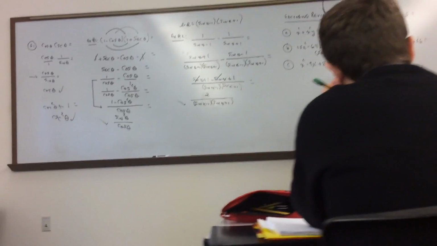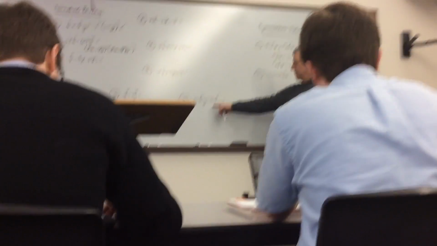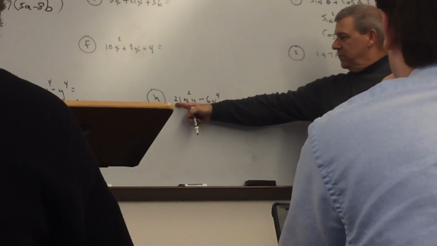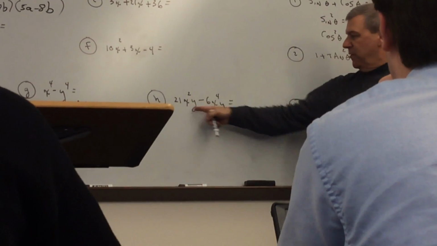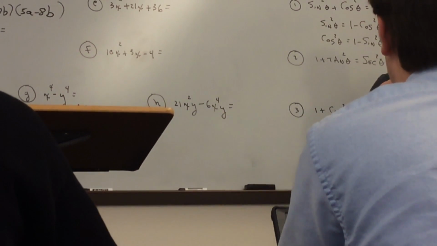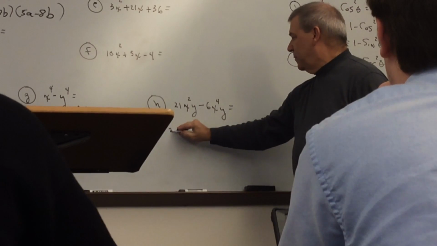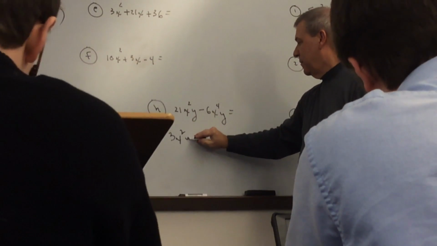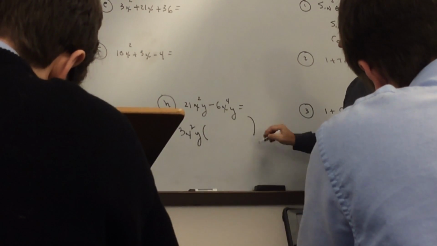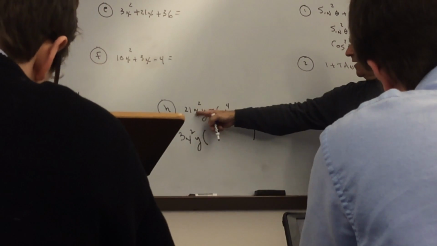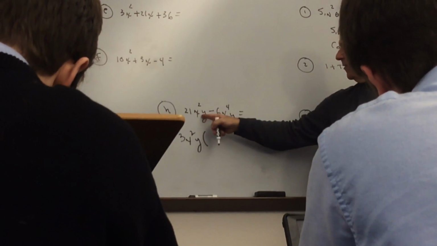Here, the 8th problem. Is there a GCF here? Absolutely. What's the greatest common factor that can go into both of those? You got to take it out. Ethan. 3x squared y. Biggest number to go in here is 3. If you got an x squared next to the 4th, use the x squared. There's a y, there's a